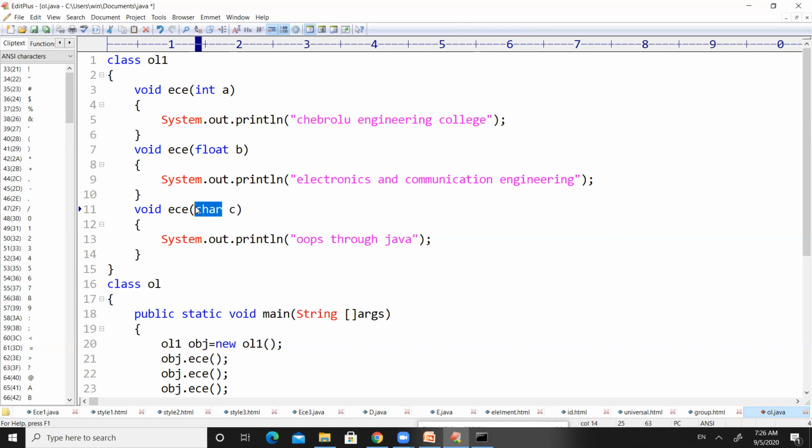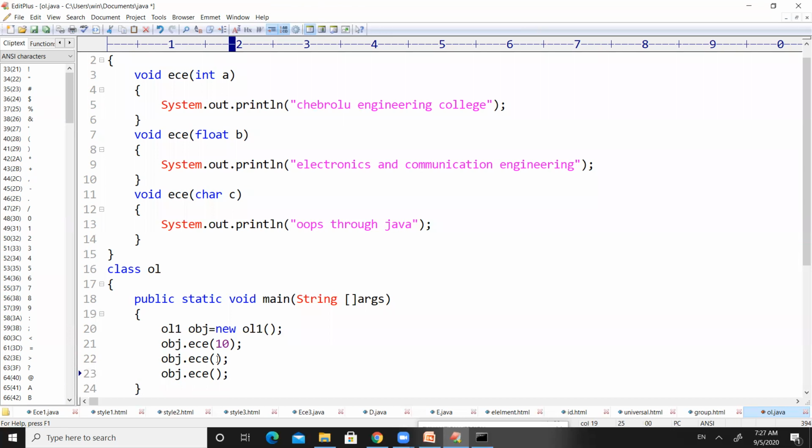That means there is no difference in terms of number of parameters, but there is a lot of difference in terms of type of parameters. Now, if you want to print Chabrol Engineering College, you have to pass any one integer value, because Chabrol Engineering College is only printed when we pass integer value to ECE, because the first ECE method contains integer parameter.